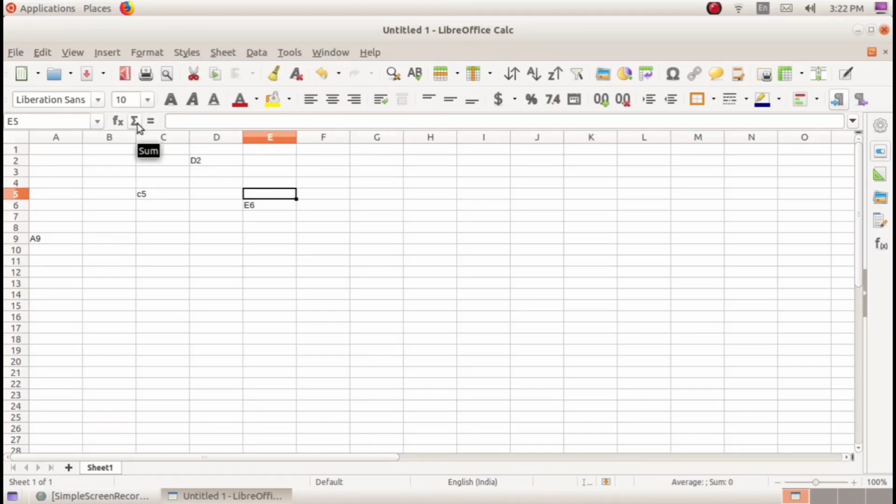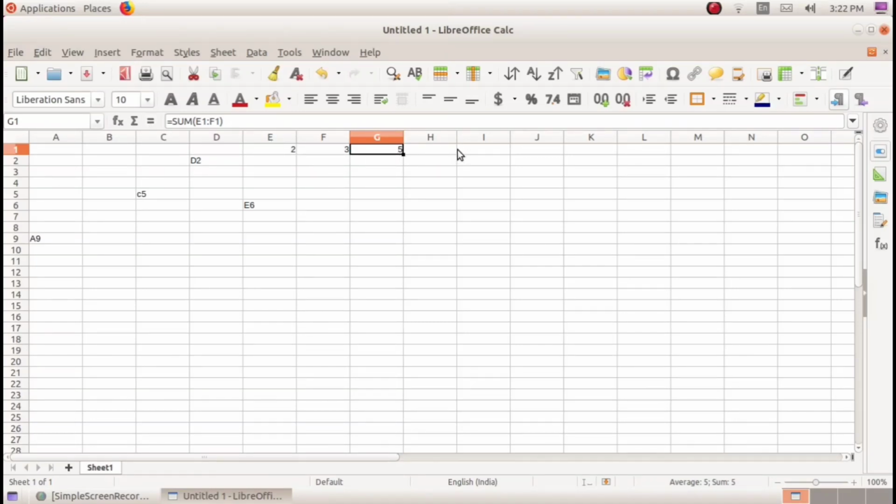And here is the sum tool. Here is the sum tool, and when we are typing two values here, 2 and 3, and after typing, when we click inside this cell and click on that sum tool to find the sum, press enter key to see the sum of the two values. 2 and 3 we will get 5. Like this way we can find the sum of the two numbers using the sum tool.